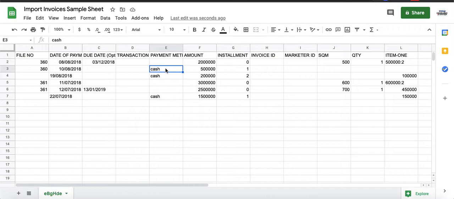Just use the bank code of the bank that received the payment, then the amount, how much was paid, then the installment, which installment this is: the first, the second, the third, or the fourth. So you have to arrange it in order. Then the invoice ID. For instance, a client with file number 360 can have multiple invoices, you can